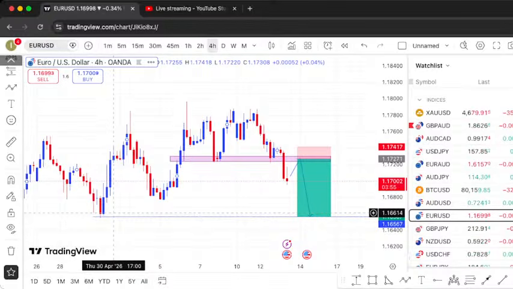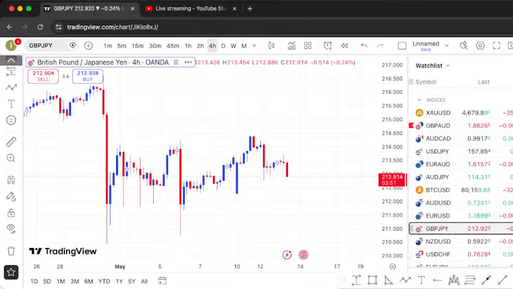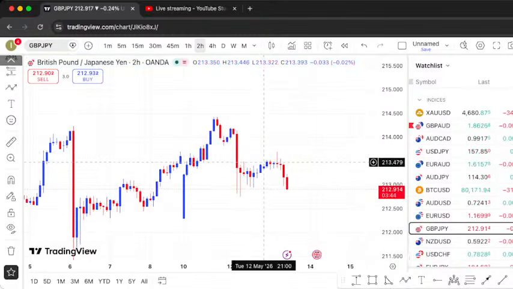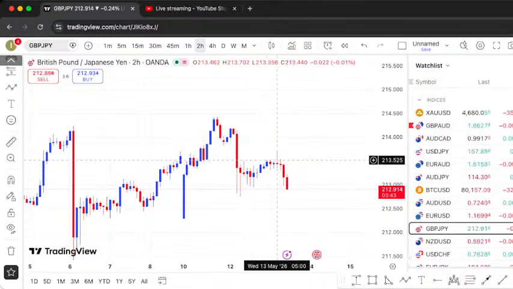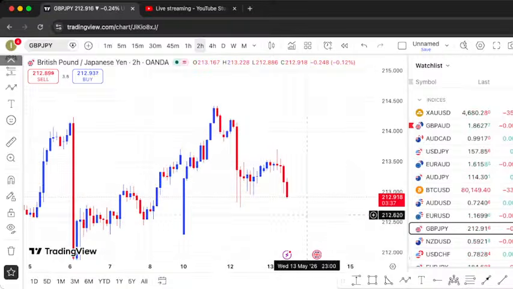So that's Euro USD. Next we have GJ, we call it GBP JPY. Honestly, the market has been sort of weak up until now. Look at this, in the last 1, 2, 3, 4, 5, 6, more than 20 hours, the market has just been there, like on Euro USD, but now we have a zone.